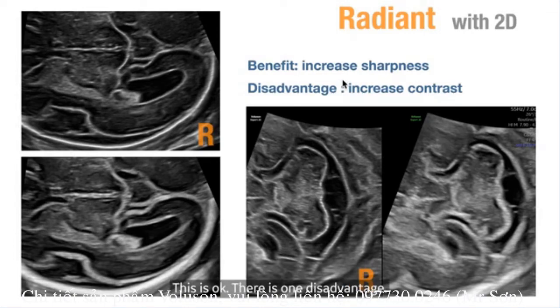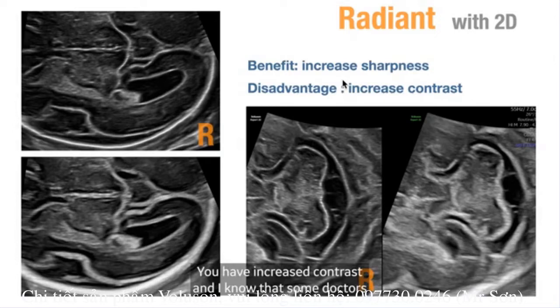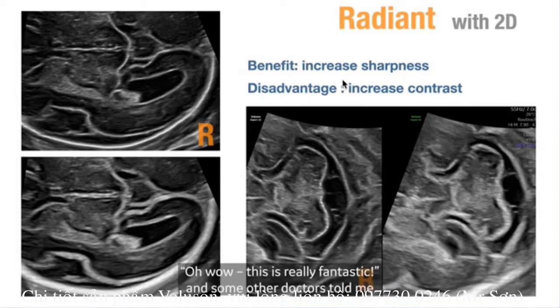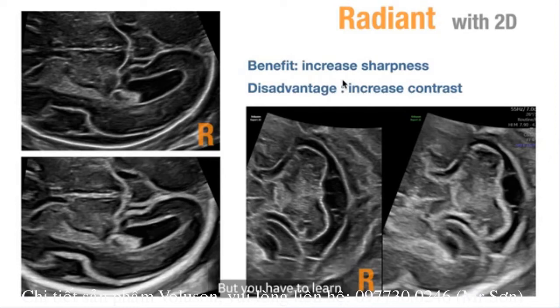So this is okay. There is one disadvantage. You have increased contrast. And I know that some doctors, when they saw the picture, told me, wow, it's fantastic. And other doctors told me that the contrast is too high. They do not like it. So, but you have to learn